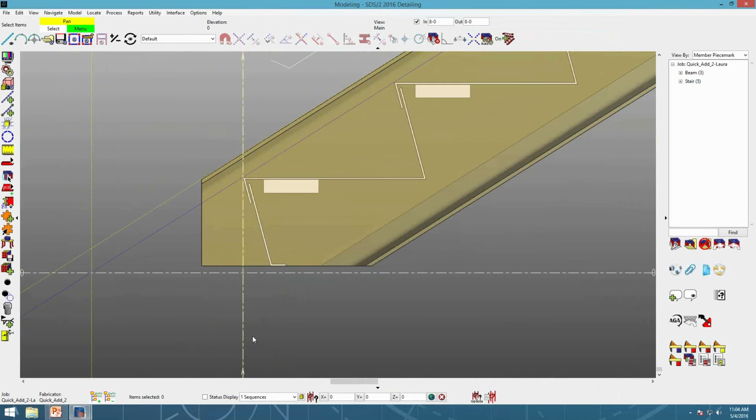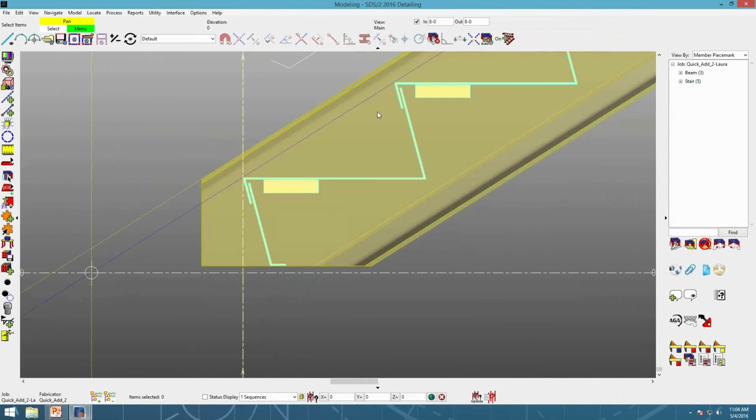So like I stated, connections in the beginning, we can now add connections. They're new to 2016, but they're completely manual with no design calcs or coping done. So they're more as components, but they can only be added actually inside that member edit screen. So if I edit this bottom stair,